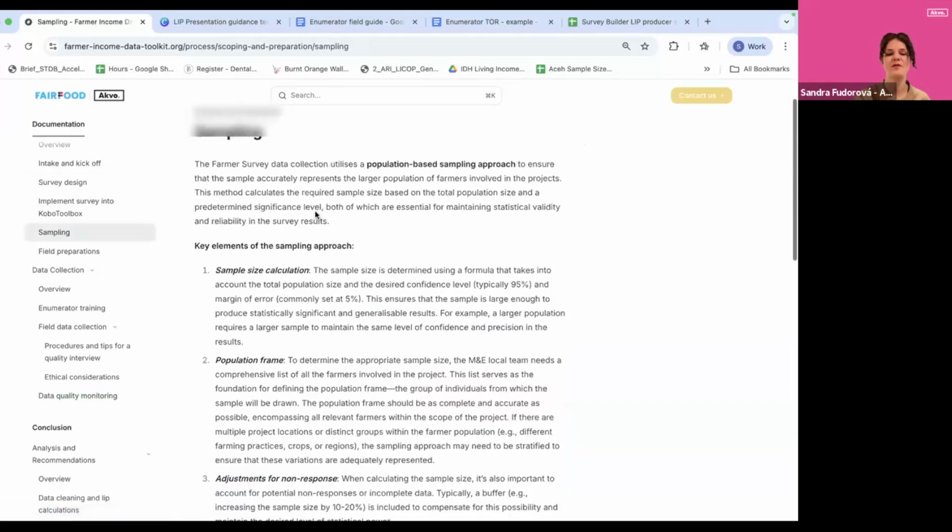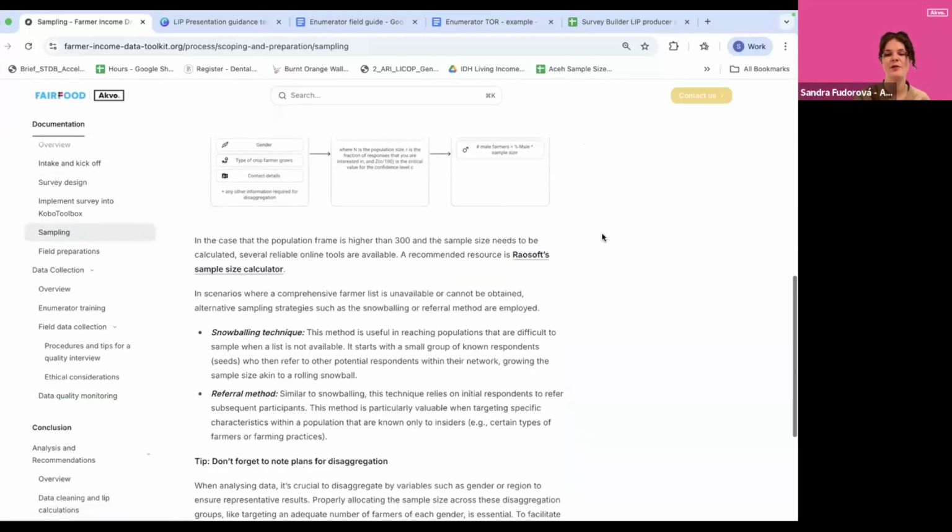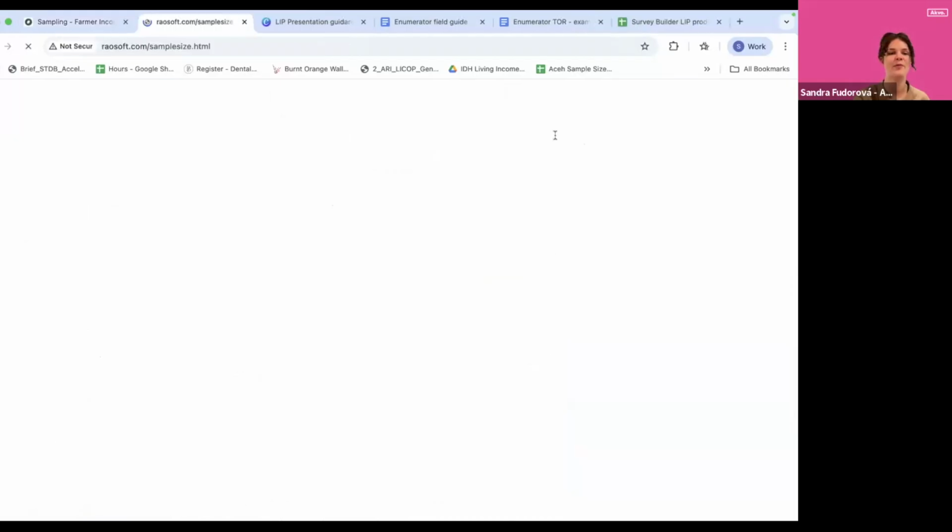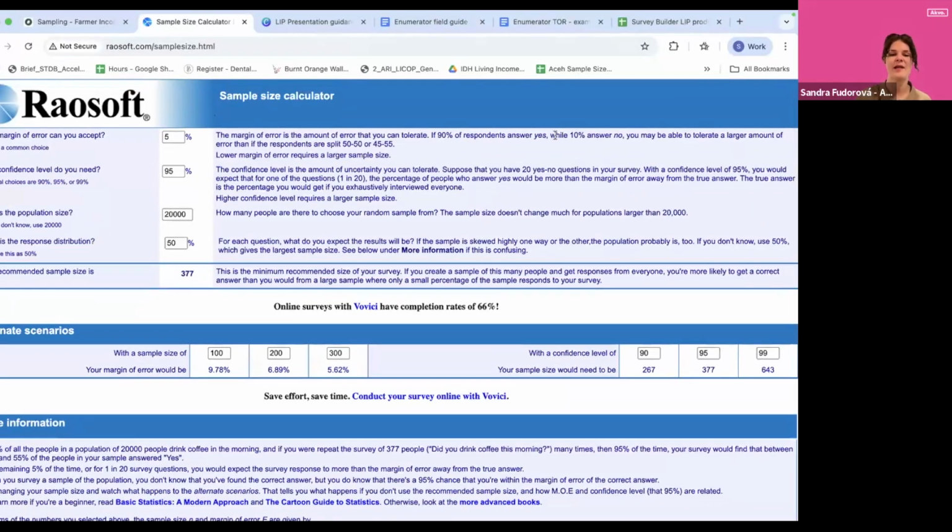Yes, perfect. One of the tools that we have linked for you to be able to get to a good sample size is your sample size calculator. So what becomes really important with your sampling is the more information that you have going in, the better your sample can be. How we usually operate is by using farmer lists, from different sources, whether that would be through cooperatives, through our partners, or even through the governments, if that is available.